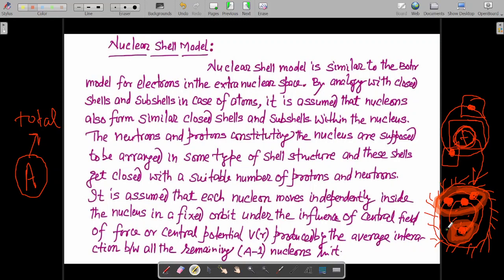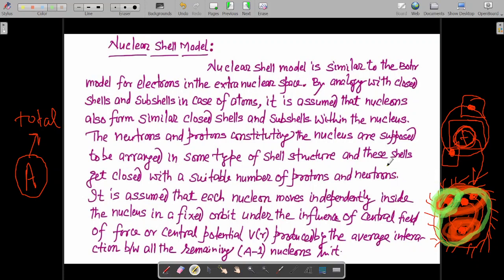So the proton, if we consider this particular proton which is moving along this closed path, closed shell, then it is moving on account of the nuclear force field being created by these three nucleons. Then if we consider this particular neutron, which forces are acting on it? We will realize that the nuclear force field created by these three nucleons is responsible for the movement of this neutron.